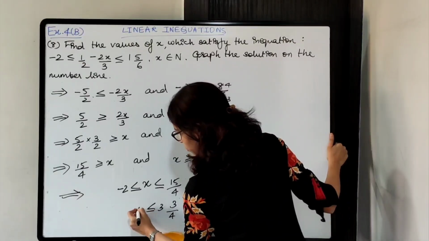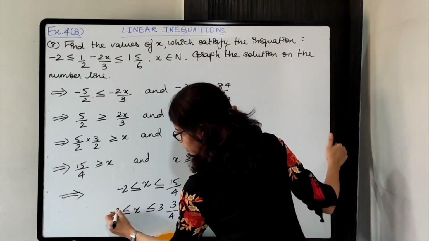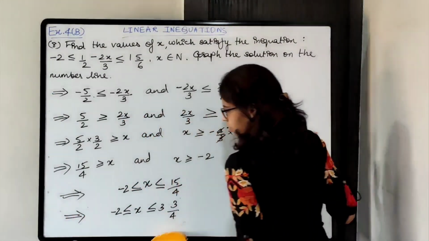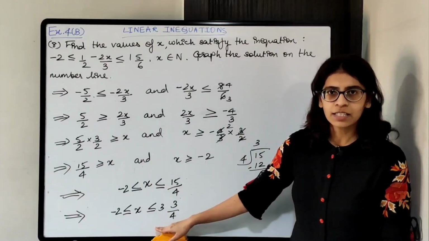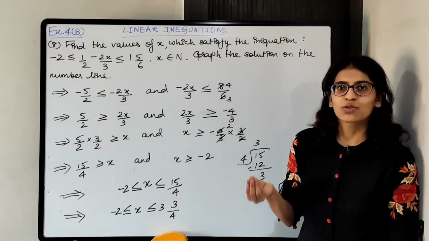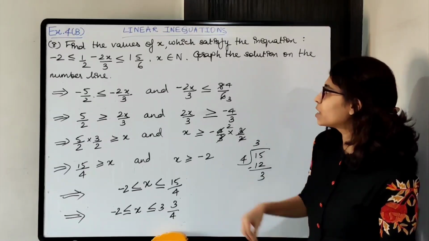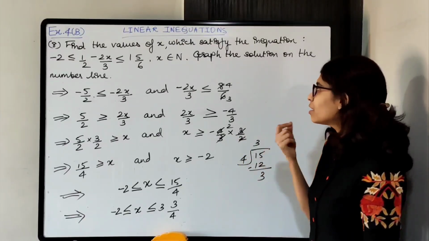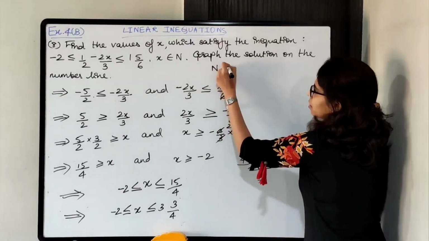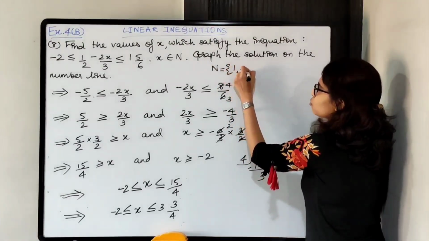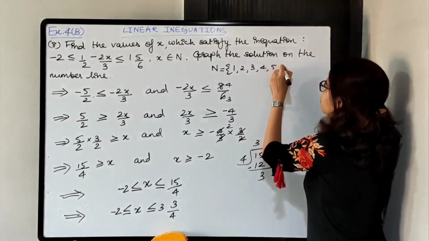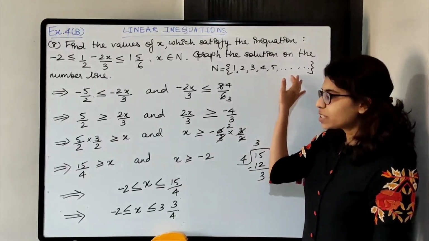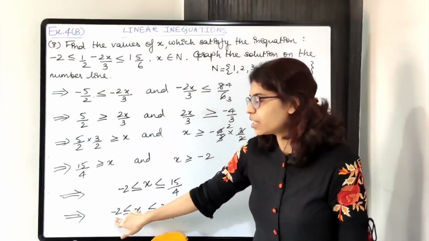So x is less than or equal to 3 3/4, which is greater than or equal to -2. Okay, so this is the range of x. We need to find the solution set. So solution set के लिए we'll choose the values from the set of natural numbers because it is given that x belongs to the set of natural numbers. So once we'll write down the natural numbers का set. It starts from 1, 1, 2, 3, 4, 5. Basically all positive integers are natural numbers, है ना. Now यहाँ से choose करना है. So x is greater than or equal to -2.